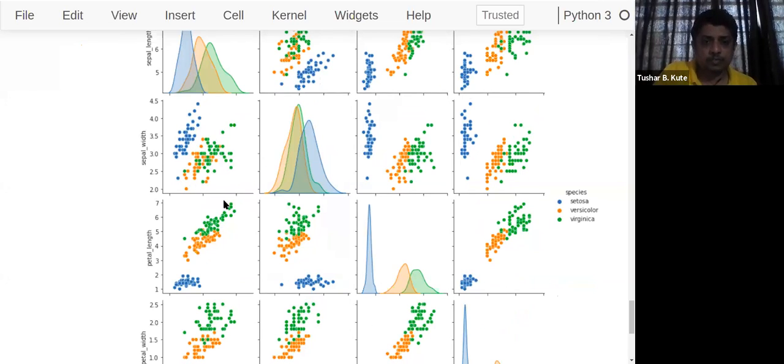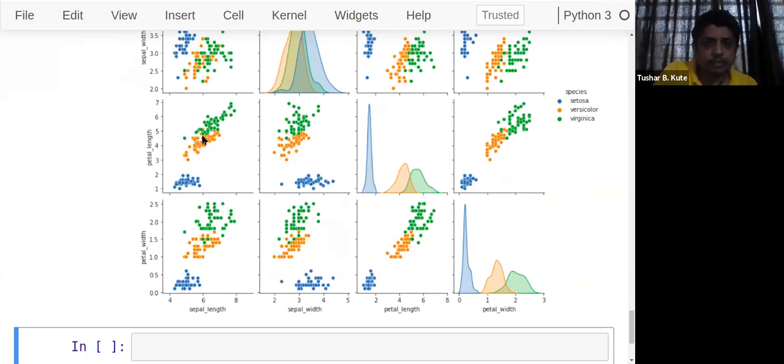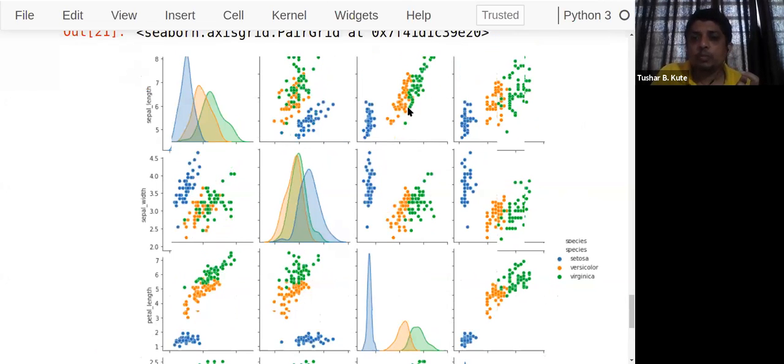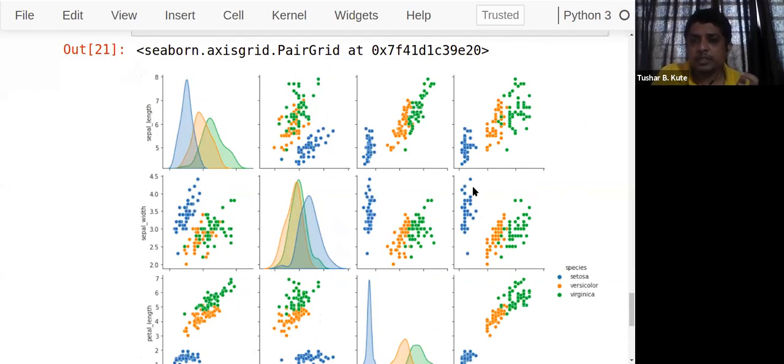Here also some mixture; orange ones are in between. Here also some mixture. Here not much, but it's there. Here there's a decision boundary you can see. Here also no mixture, but below some elements are present. But still it's okay. Perfect clusters, perfect groups of elements are there, so it will be easy to predict which category a new flower is going to.